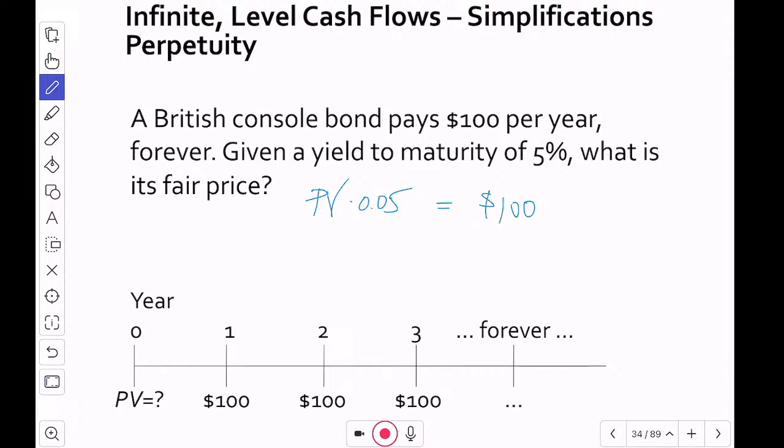Correct? So it's like having a fund that just stays constant. I don't draw from the fund. All I do is receive the interest on the deposited amount. So you can think of it like that. Yield to maturity is the equivalent of the interest rate or the opportunity cost that we're going to use for this investment. So if I actually purchase the Consol bond,